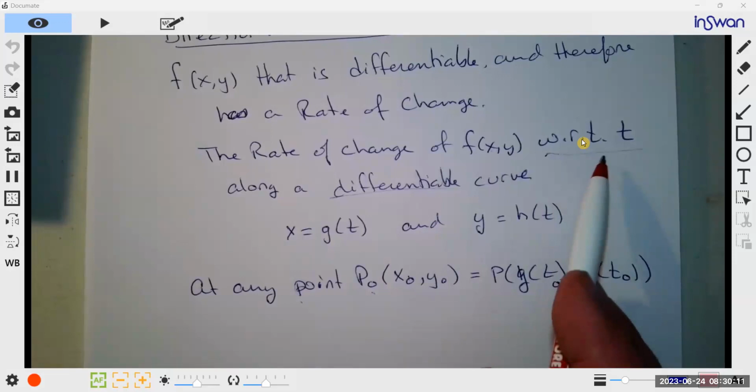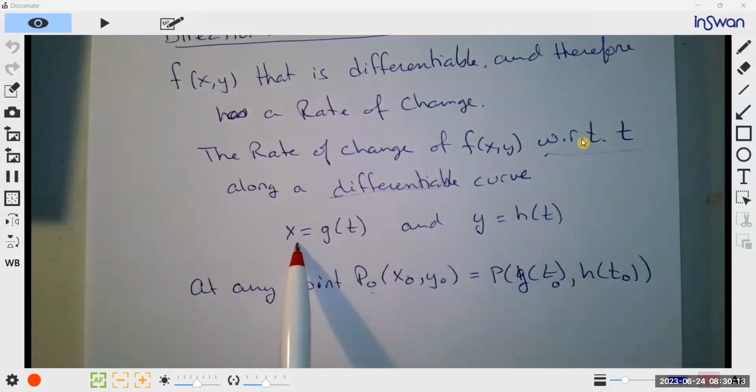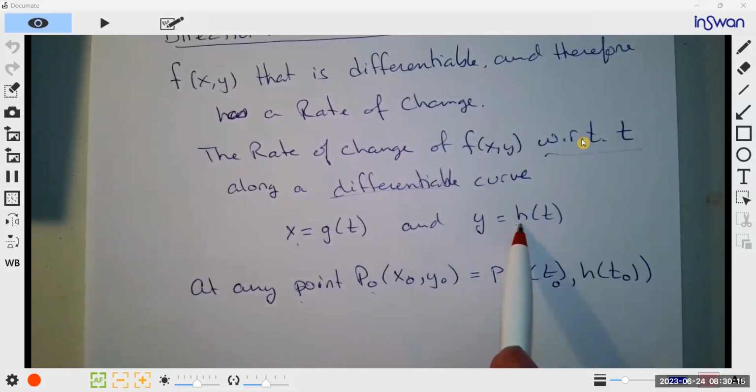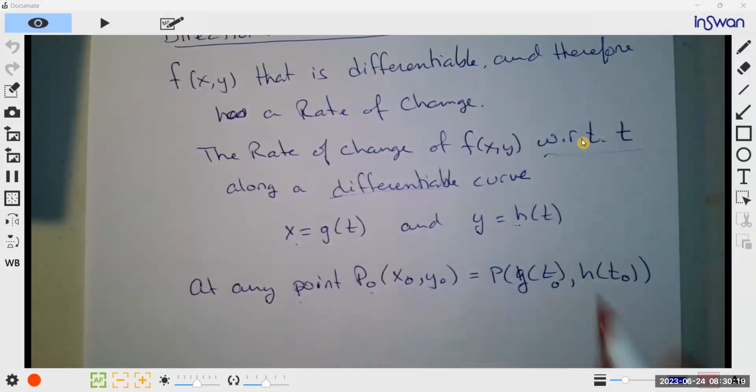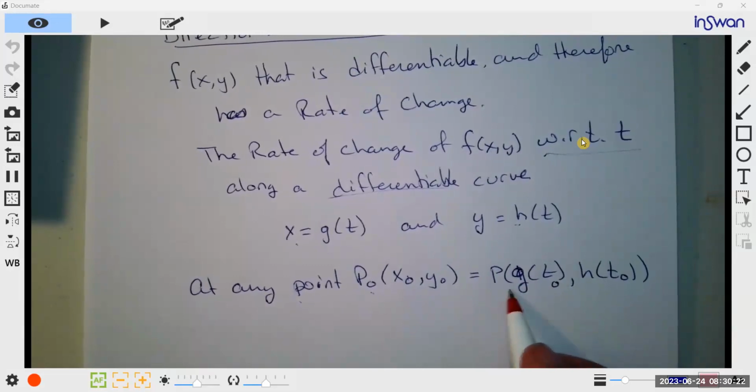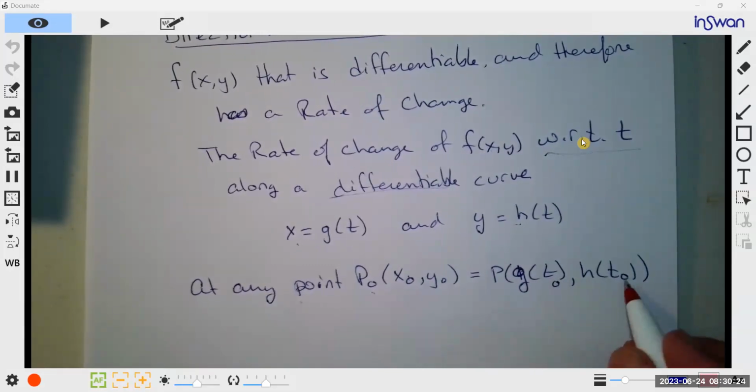So the rate of change with respect to t along the differentiable curve is parameterized by these two functions. At any point p sub 0, which is actually g of t sub 0 and h of t sub 0,